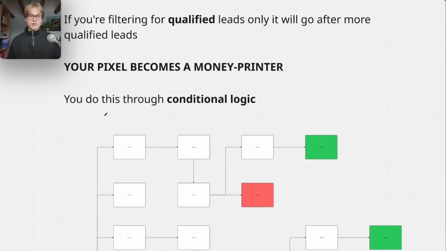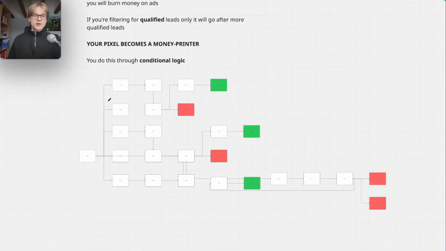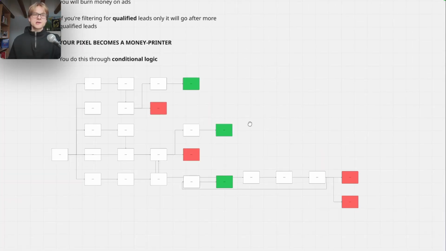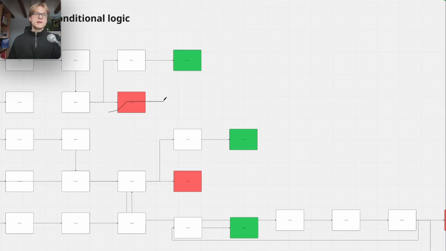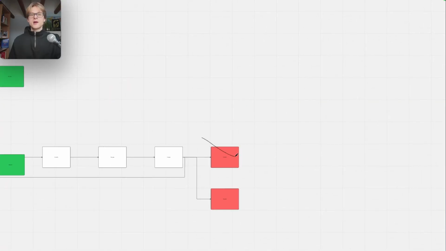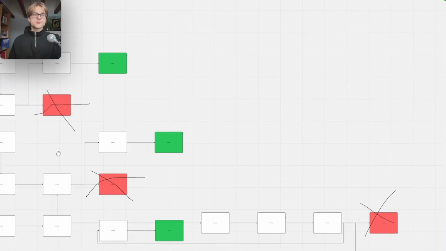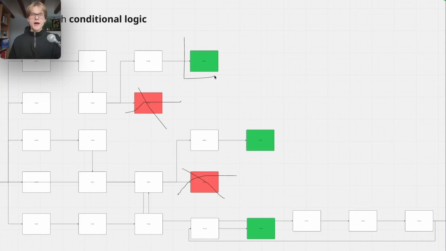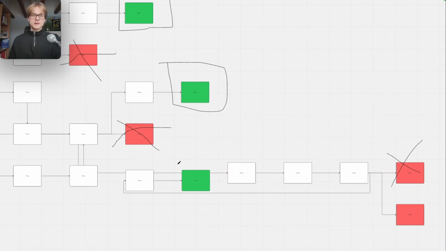And you do this through conditional logic, meaning there are different routes that my leads could take, right? A lot of different routes, but essentially lots of them lead to unqualified pages which aren't pixel, or which I'm not optimizing for. Ideally, they aren't even pixel. And then there are certain routes when they qualify, when they have certain conditions, that I want to make them hit my pixel, right?